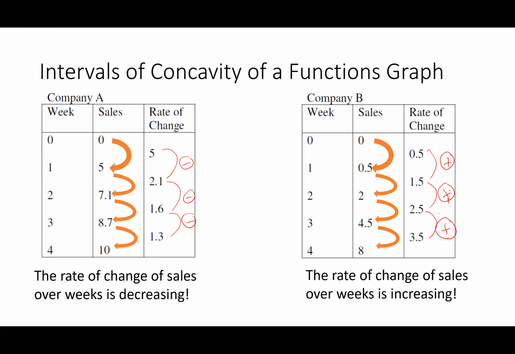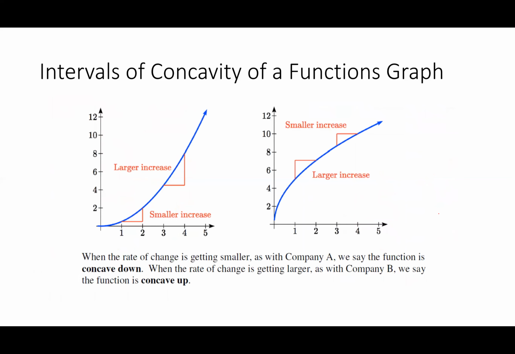So, how do we discuss the difference in these relationships? They're both increasing, but one is increasing at a decreasing rate, whereas the other one is increasing at an increasing rate. So this graph, or this picture, I think does a really good job of demonstrating what's happening to the graph over time. So here we see Company B, and here we see Company A. Okay. Now,